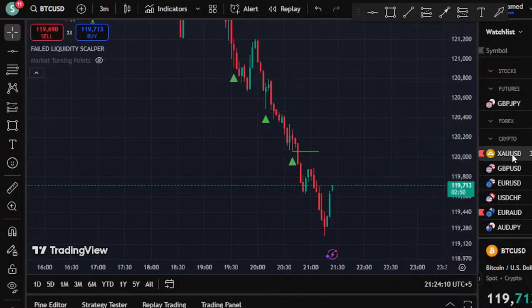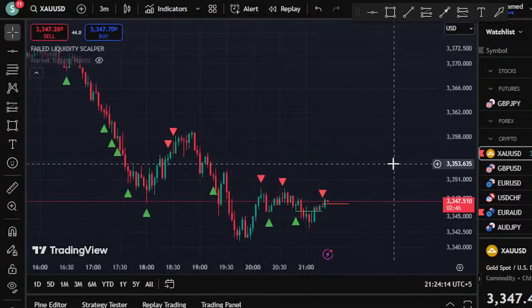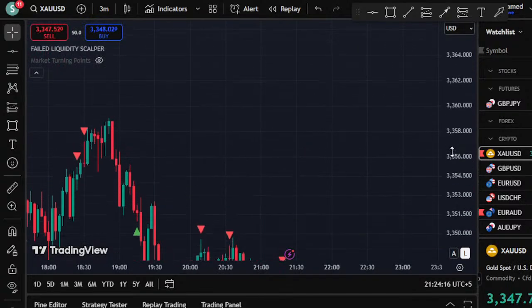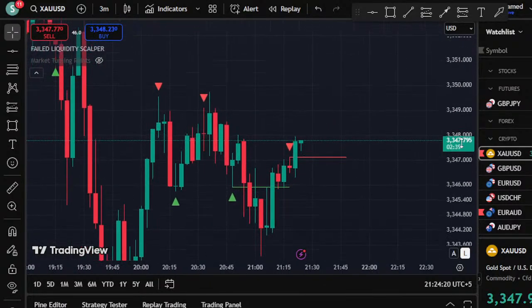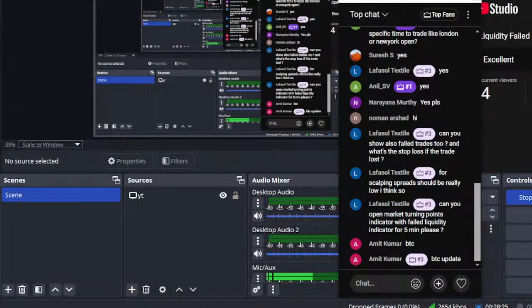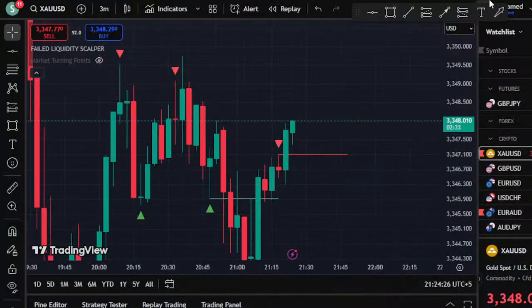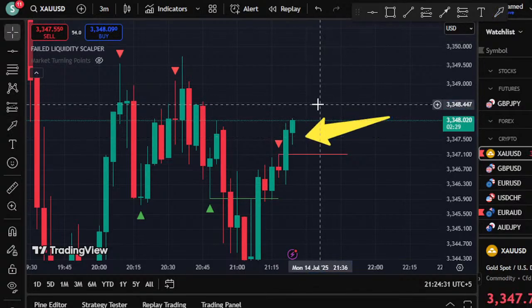Okay, guys, so this is all about this indicator. Hopefully, we will also create more live streams like this, so that anyone can take a benefit and have more information about the indicator. Okay, so now you can see why gold is going up. I think you know very well, because it has broken the high of the signal candle, so it should be bullish.